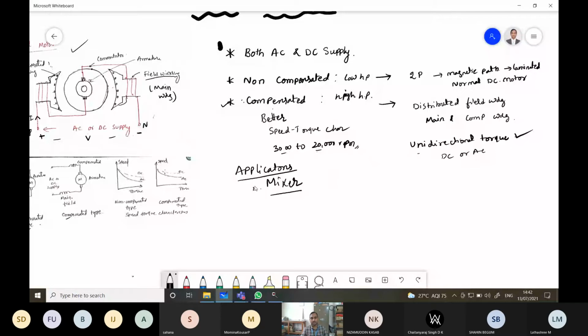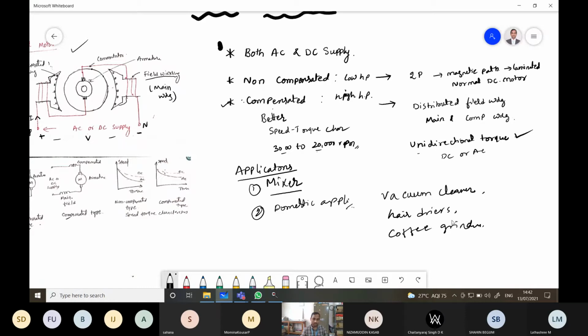So mixer grinder is one of the applications of universal motor, and some domestic applications like vacuum cleaner, mixer, hair dryer, coffee grinder, electric shavers, trimmer, etc., and some blowers,